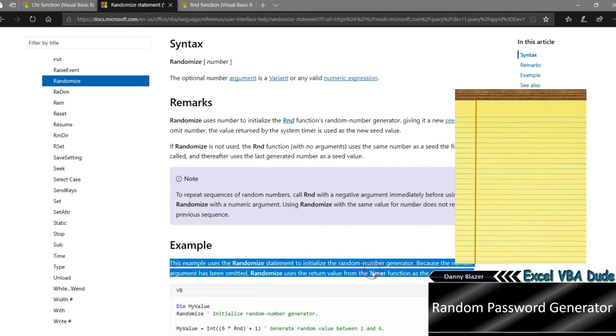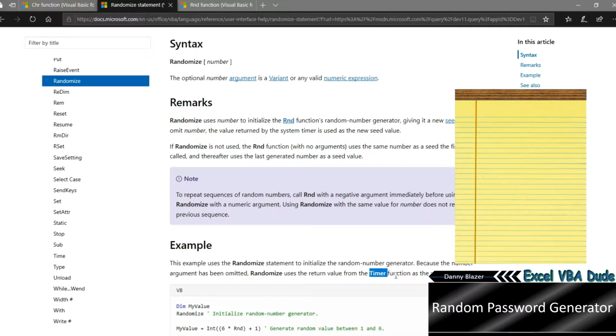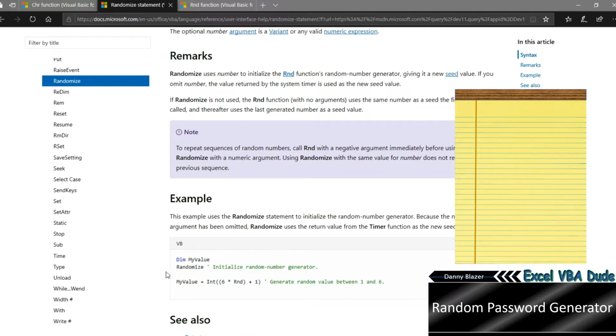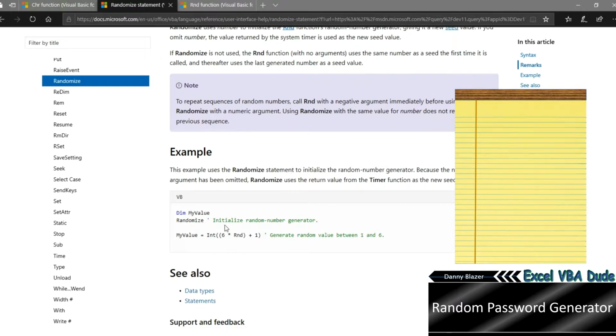Yeah, right here. It uses the timer function as the new seed value if the a parameter used for it has been omitted, so you don't have to put anything in there if you wanted to. And here's a good example here. We're going to be using this format a lot, and it's important to understand this. So a value equals int, so this is a whole integer